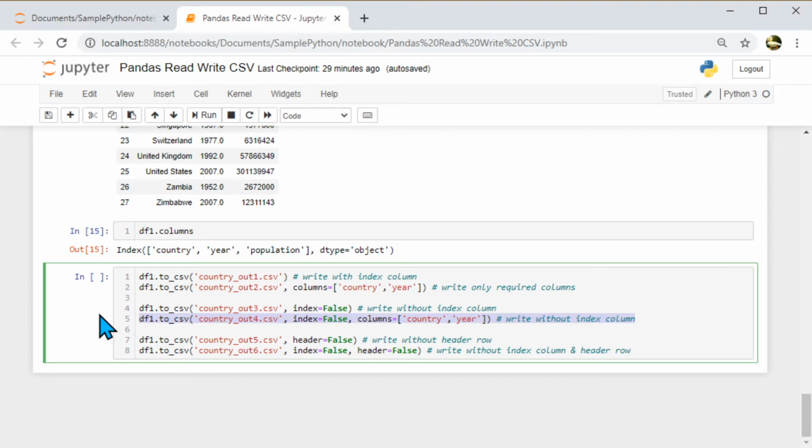Sometimes the business will say send us just the data and not the header, then I would say write to a CSV with header equal to false. In that case it will not include the header. And there are times I don't want index and the header, then I will use the last one. So there are different ways you can convert a data frame into CSV, and I have listed 6 of them here. Play around, and you will figure out most of it.